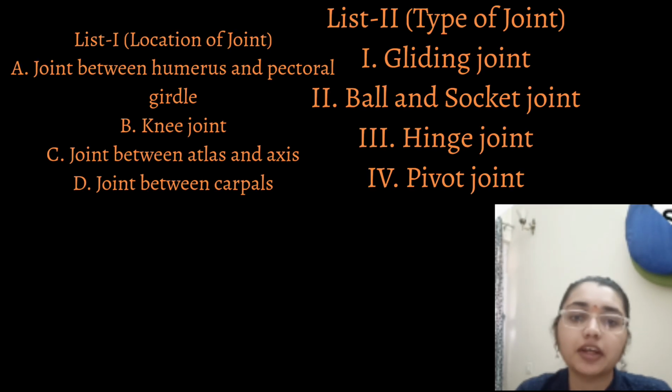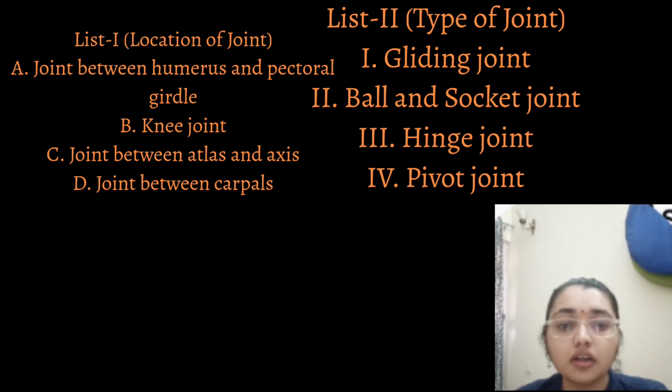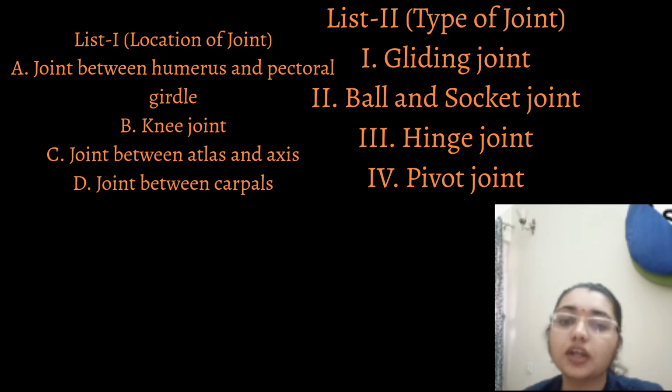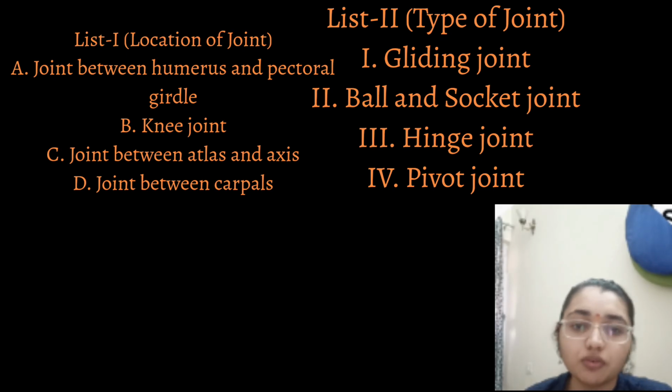One more match the pair. The joint between the humerus and pectoral girdle is the ball and socket joint, and B, the knee joint, is pairing with the hinge joint. So B is pairing with 1 and C is pairing with 2, the second option, gliding joint, and D, joints between the carpals, is pairing with the pivot joint 4. D is pairing with 4. Next,